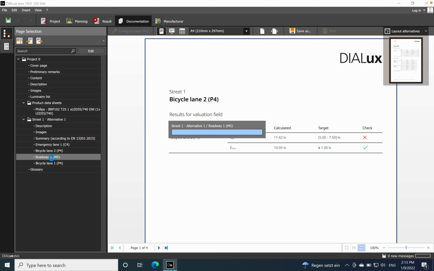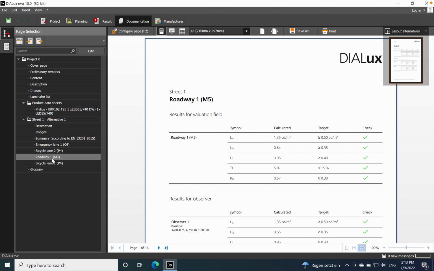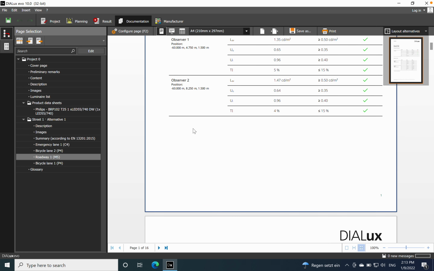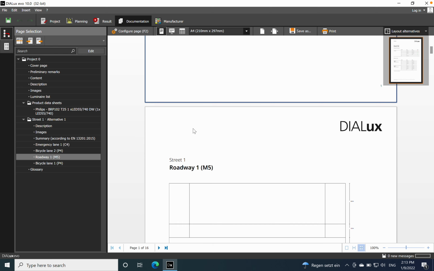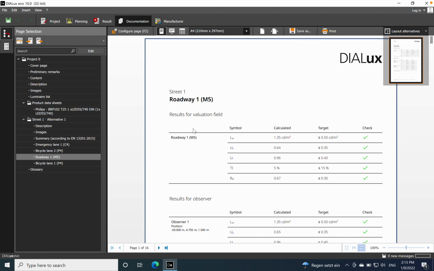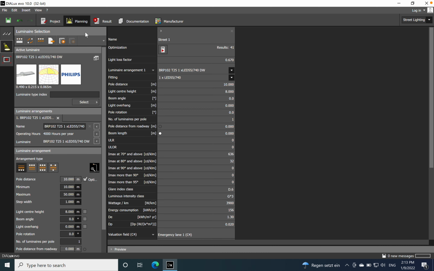It may take a couple of seconds when you play a little bit, or you establish a more complex street profile. So if you go back now to the planning,